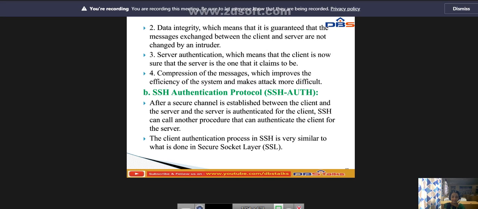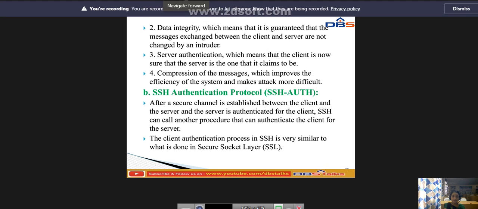Next, the second one is the secure shell authentication protocol. After a secure channel is established between the client and the server, and the server is authenticated for the client, secure shell can call another procedure that can authenticate the client for the server. The client authentication process in secure shell is very similar to what is done in secure socket layer.